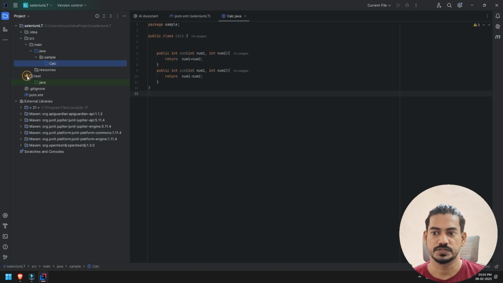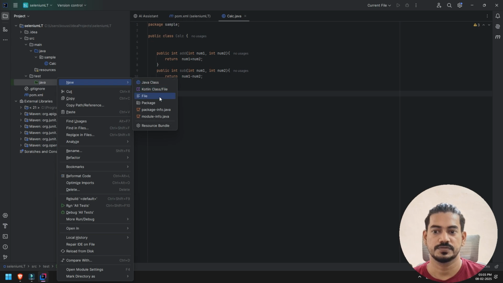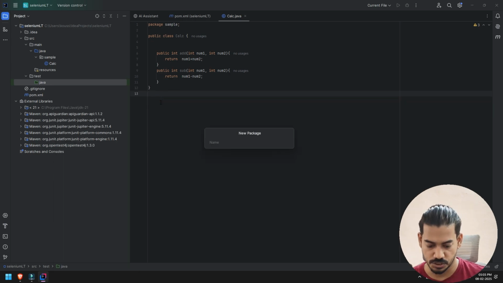Now let's go to our test folder. So unit tests are basically written within the test folder. Also the functional tests, whatever we are going to write with the help of Selenium, will be following the same procedure. Within the Java package, we are going to create another package called, probably, unit test,